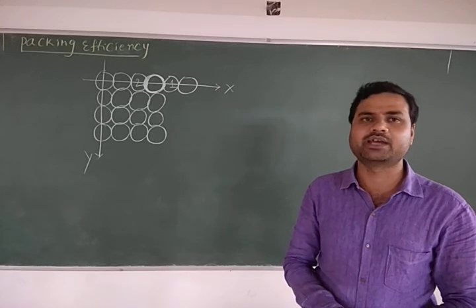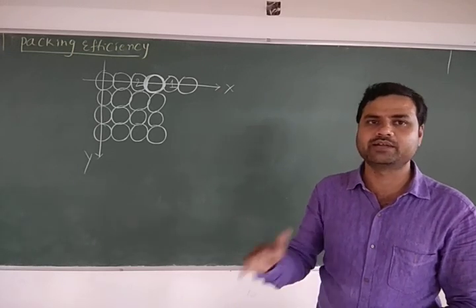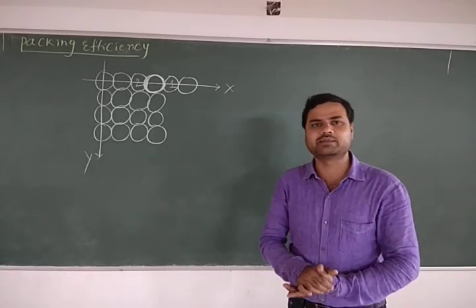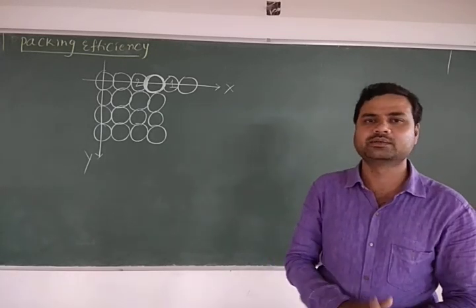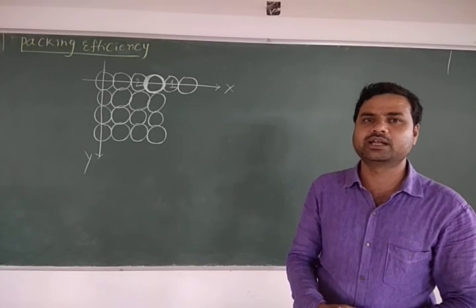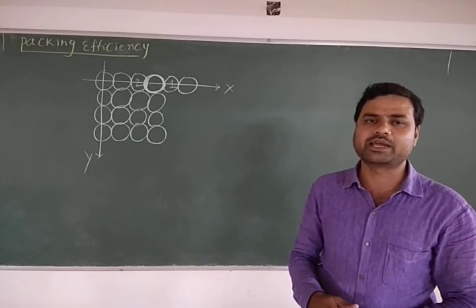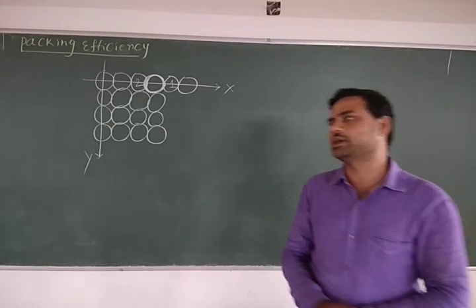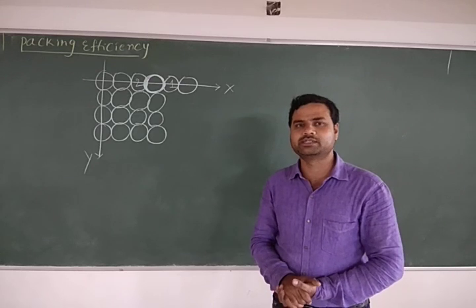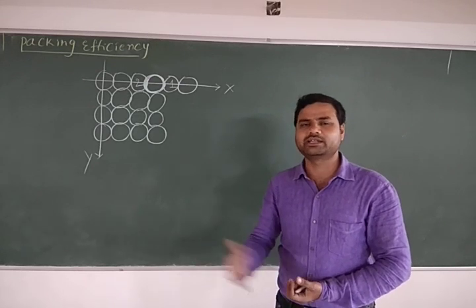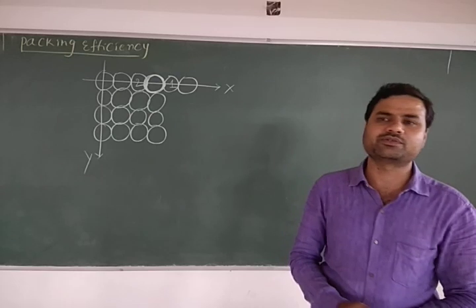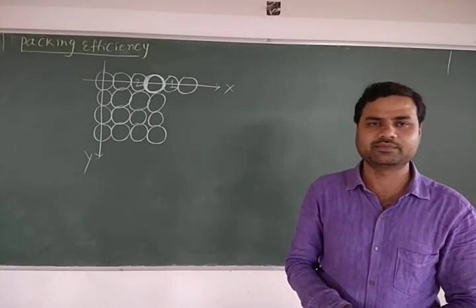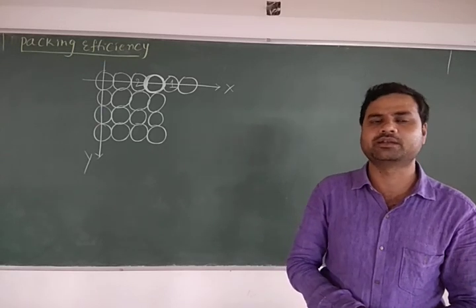In square close packing we are getting a square. I have explained very clearly in the last class. In hexagonal close packing, there is a formation of a hexagon taking place. Therefore it is called hexagonal close packing. In square close packing we have coordination number 4. In hexagonal close packing the coordination number is 6. And one more, the 3D direction. In three dimensions also we are doing packing in two ways: square close packing as well as hexagonal close packing. All that we have covered in the last class.